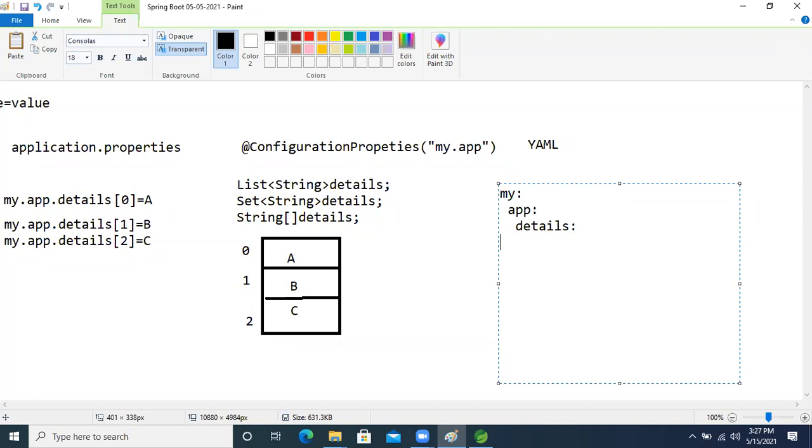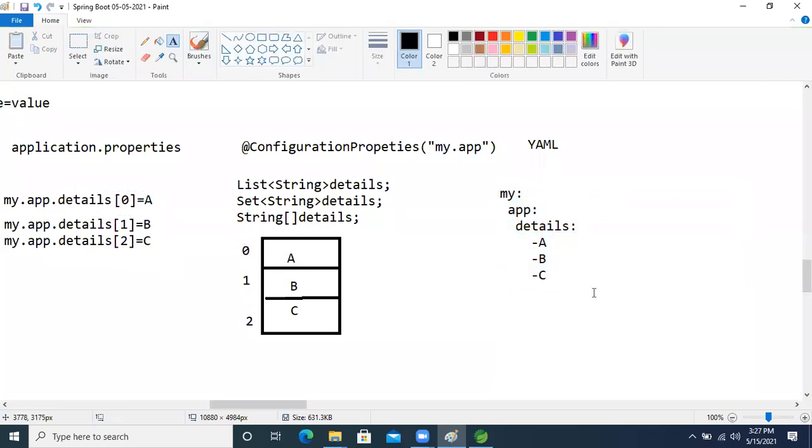So I explained, right? Whenever we write the indexes, how can we write? Come down one, hyphen symbol. After that, it will represent indexes. This symbol represents the YAML index, guys. Now after that A, again hyphen B. After that, another one is hyphen C. Like this we will write in YAML. In the property we write the index also, but here the index is represented by the hyphen symbol now, guys.